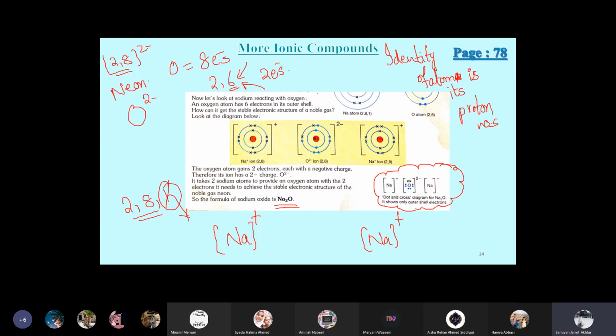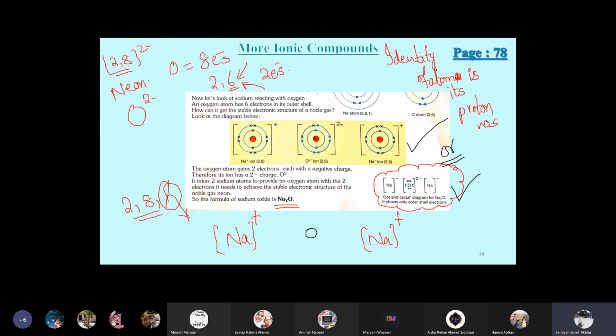Both diagrams, whether you draw this dot and cross diagram or this one, are correct. They will be considered correct. Both are dot and cross. The main thing I told you is that you have to use dot for one type of electrons and cross for the other type of electrons. You have to draw the diagram after the transference, with square brackets and the charges. Okay, that is complete.